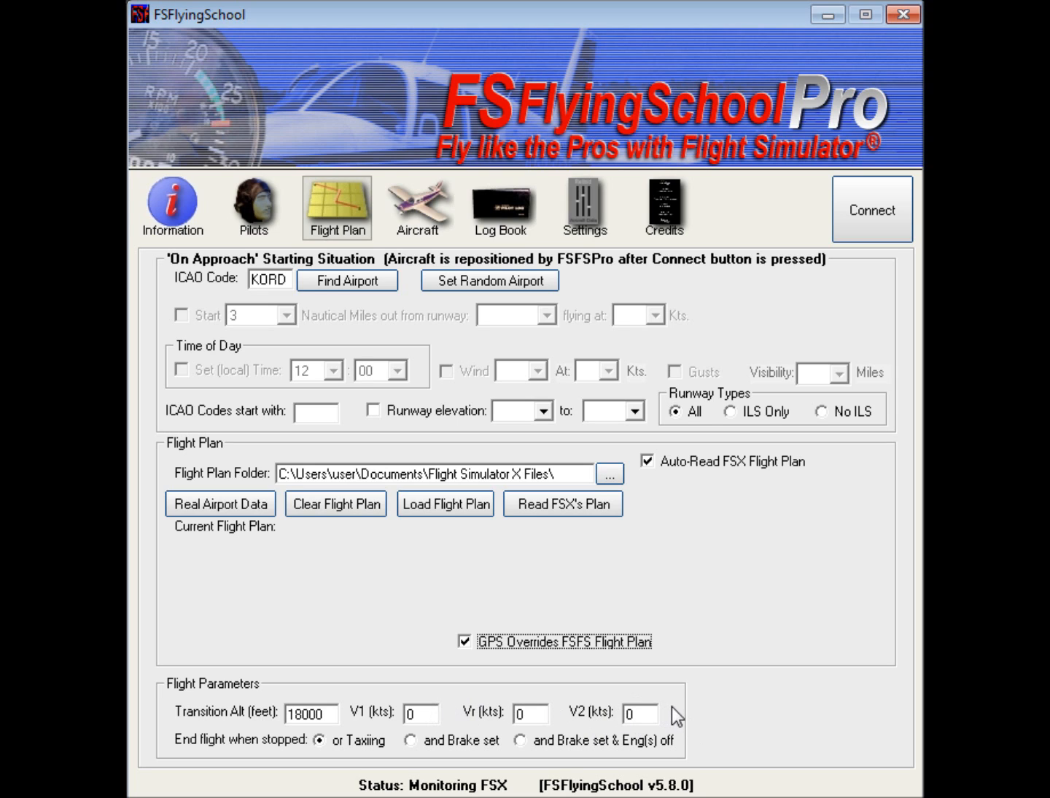If we pop those in there, then that means that the instructor is going to be calling out these speeds for us as we're going down the runway for our takeoff, and he will call out those speeds for us. We've also got the option to control when the flight has officially, as it were, ended within FS Flying School